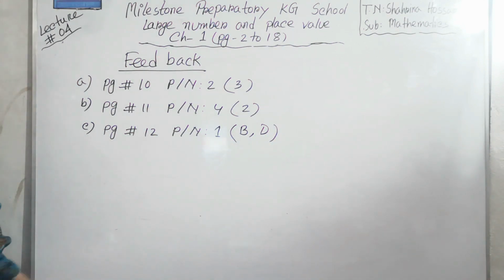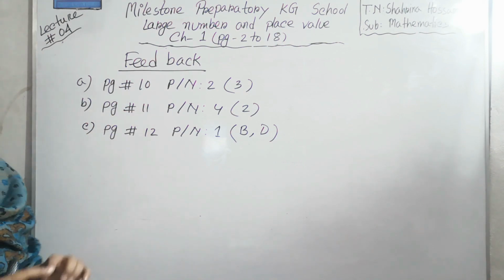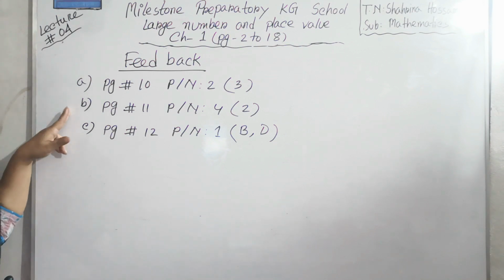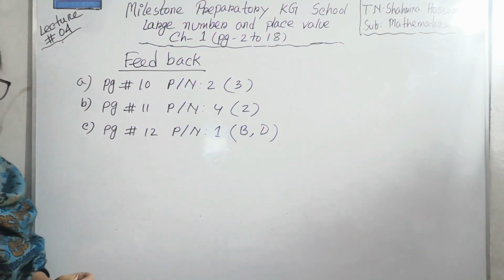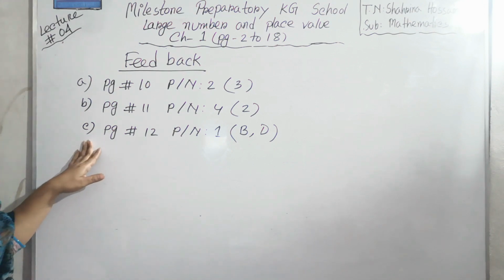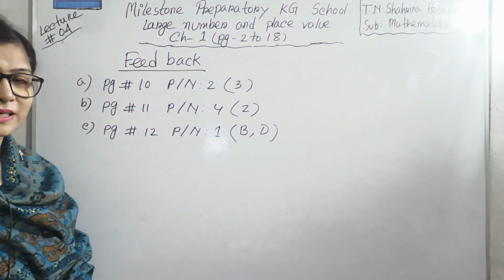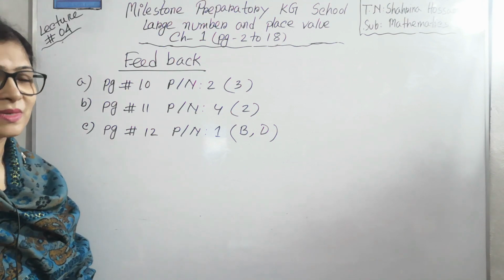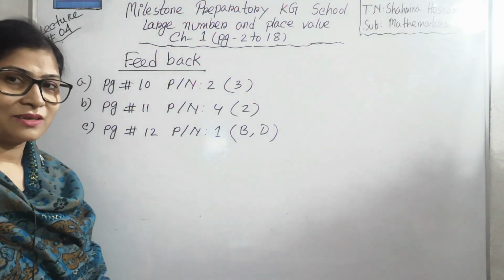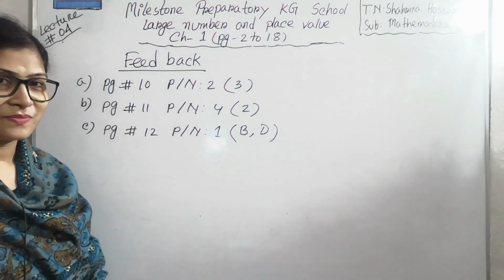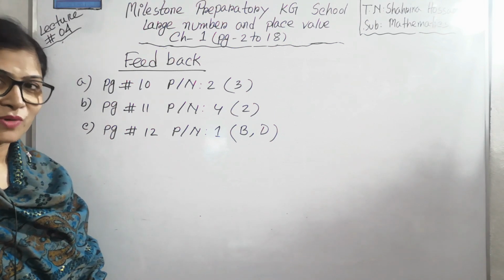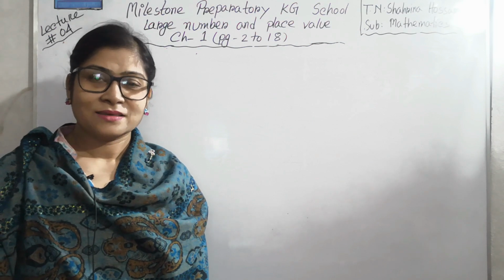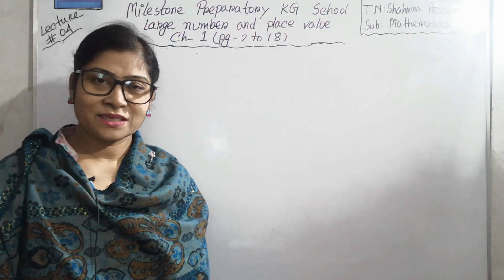First one, this is the number line. At first draw a number line, whatever we already had done. Number B, put comma in the appropriate place, and number C, put comma, greater and smaller sign in the blank box. I hope you can do this properly. Okay? Now collect your homework and submit your homework in your respective section group.